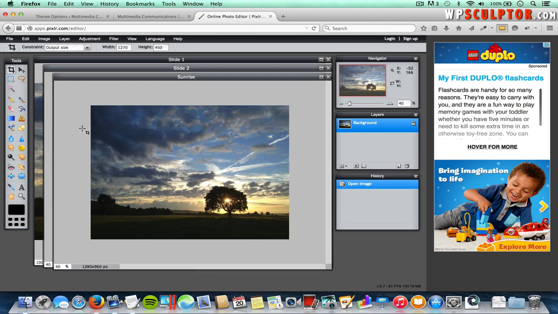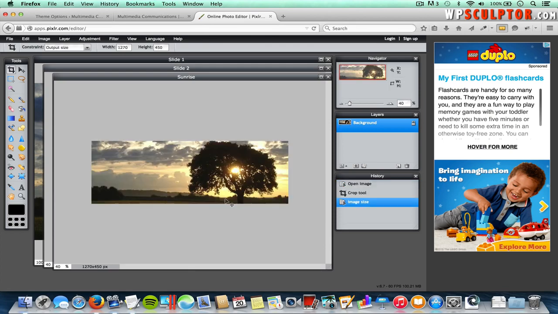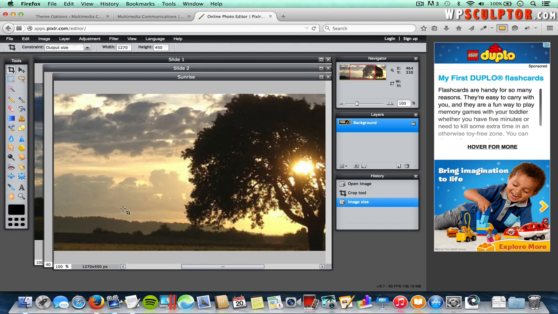If we selected an area of the image that wasn't at least 1270 pixels wide, like that, and then moved it down and did that, and then pressed enter to crop it, if we view this at 100%, the quality is reduced greatly. So you need to make sure and select an area of the image that is at least as wide as the width that you want it to be after you crop it. So just wanted to point that out for you. But now that we have our slide images, let's go back to the back end,